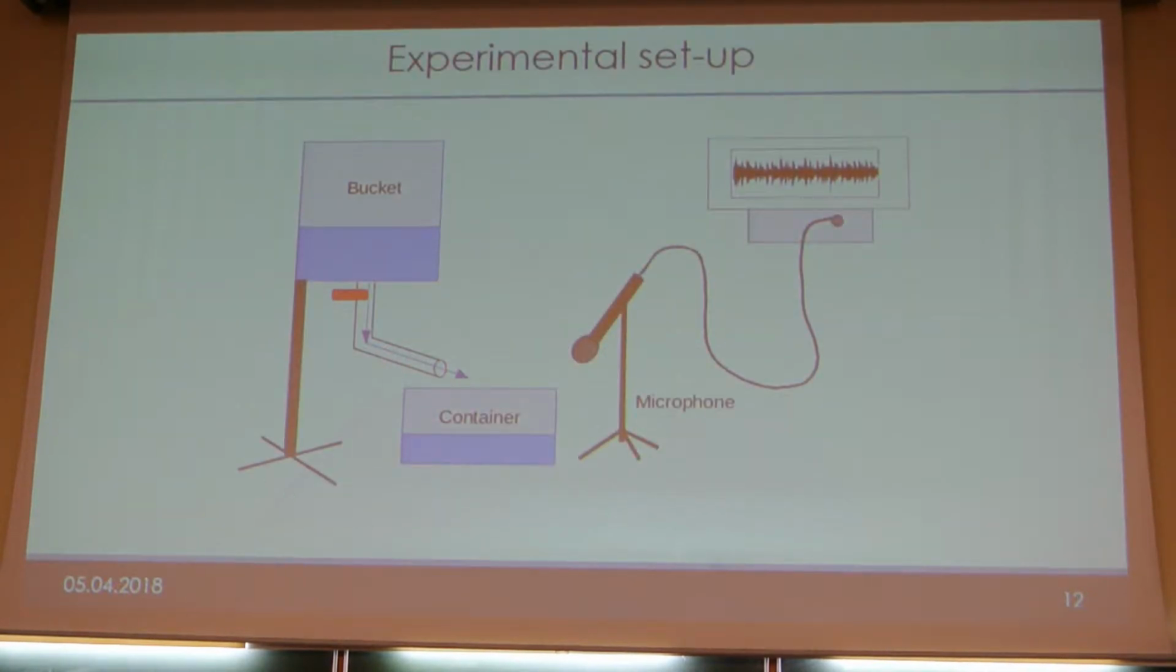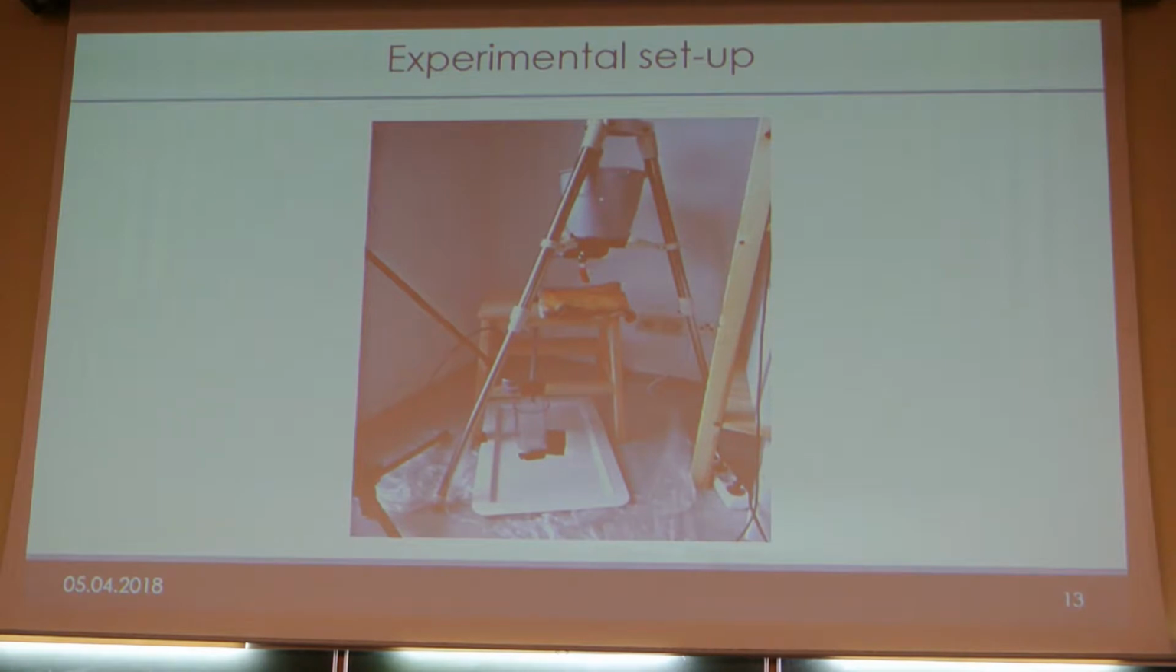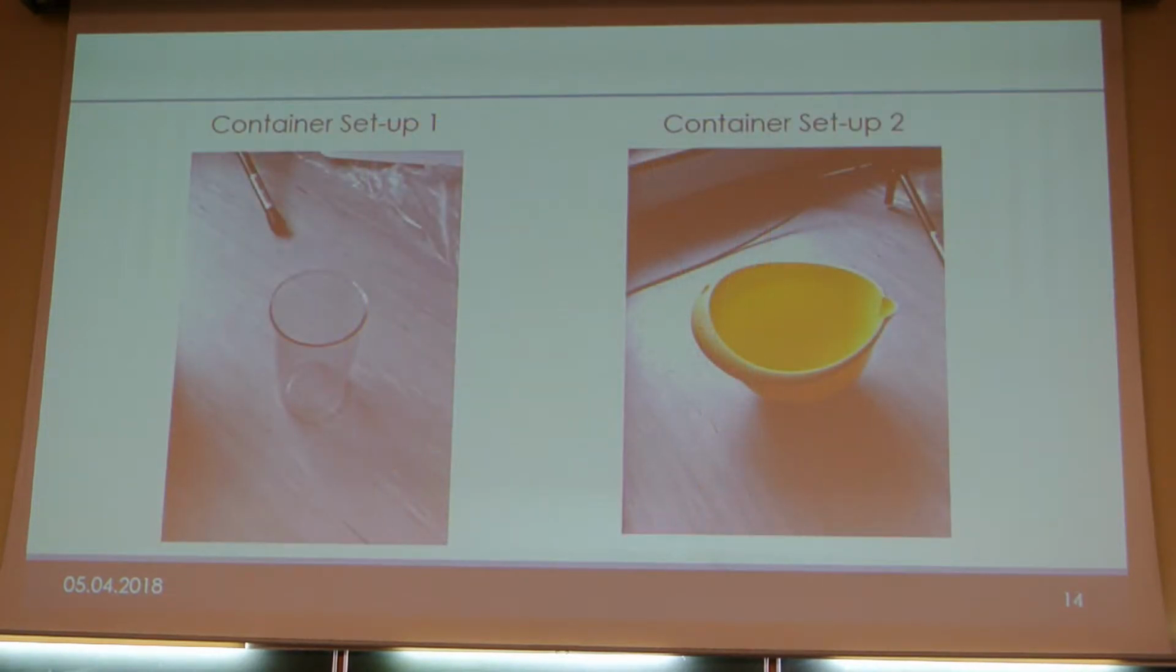So how does our experimental setup look like? This is what we imagined, what we thought about, and for us it was important to control the way we splash the water into our container. So that's how we just thought about our device. This is how it looks in reality, and you see that we always try to have, for example, a fixed distance between the microphone and the bucket or the cup,